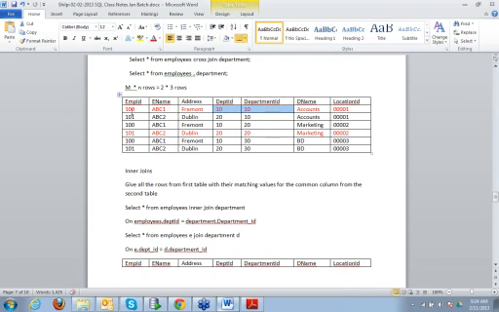So if you see here, this is the cross join, but the common column between these two tables was department ID. One important thing in inner join: the column names need not be the same, only the column types need to be the same, and they should logically represent the same thing.